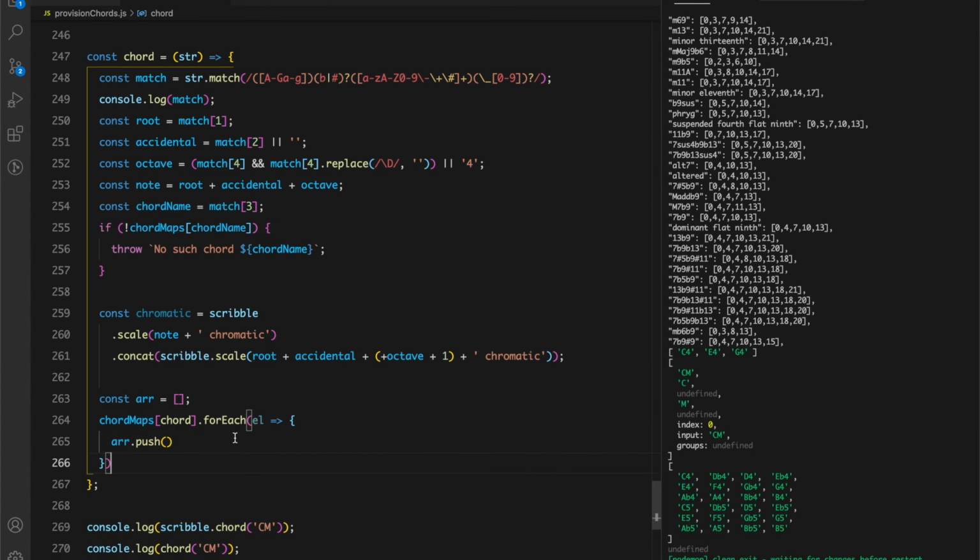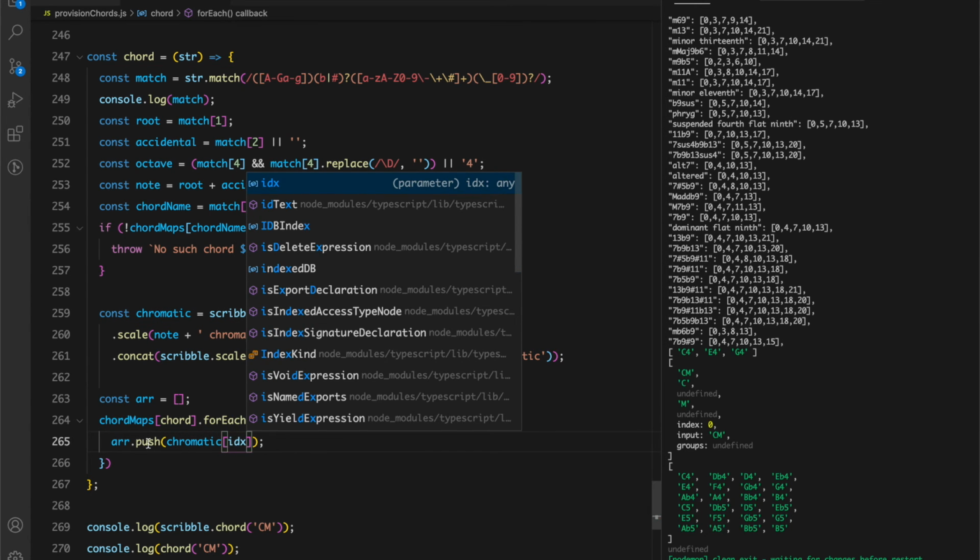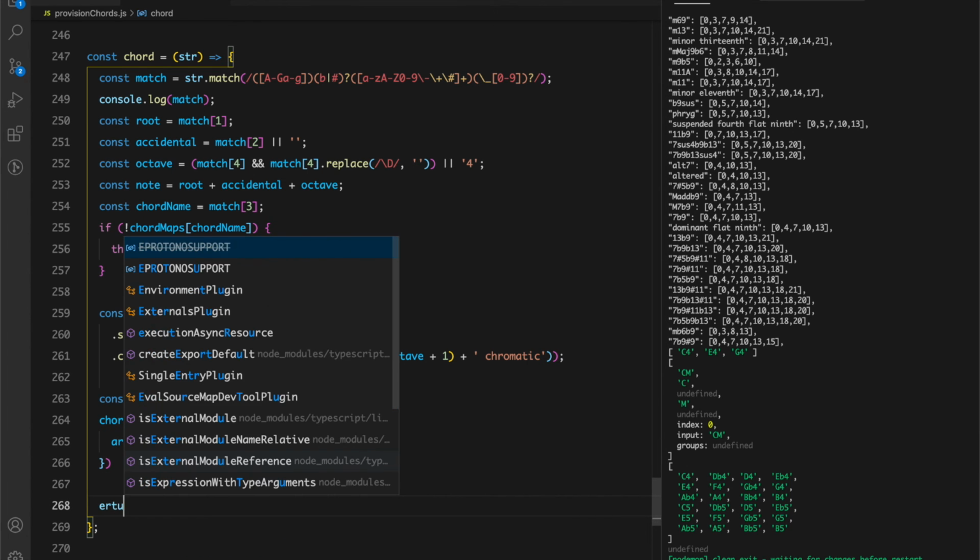So this L over here, actually we should call it index, IDX. Actually I don't know what to call it. Okay, let's leave it as IDX. But this index over here is basically one of these indexes. So what we're going to push inside over here is chromatic and then IDX. Finally, we're going to return that array.